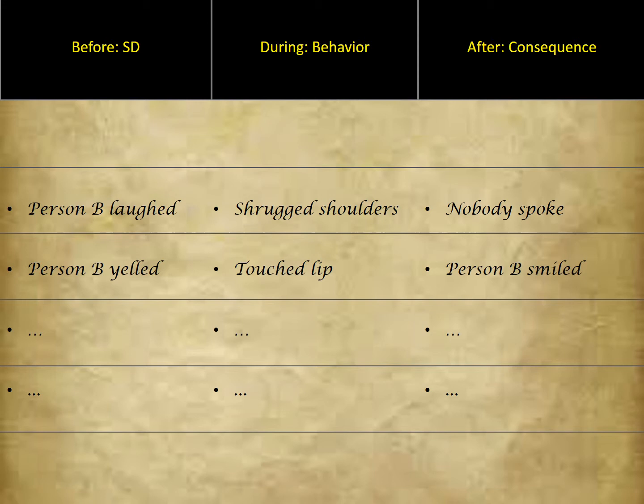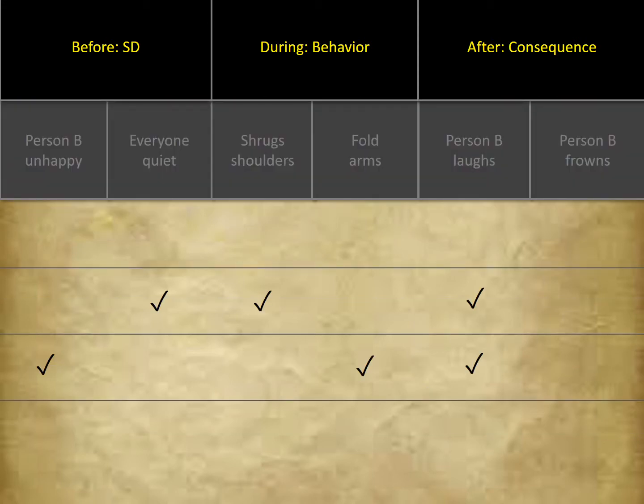Now, the second method utilised to record observations is called the checklist technique. And this method is similar, except that in response to a behaviour, the practitioner ticks possible options. So to illustrate, the column labelled before could actually be divided into several subcolumns, each corresponding to a possible antecedent. The subcolumns, for example, could be labelled other person is negative, other person is positive, nobody's speaking, both people are